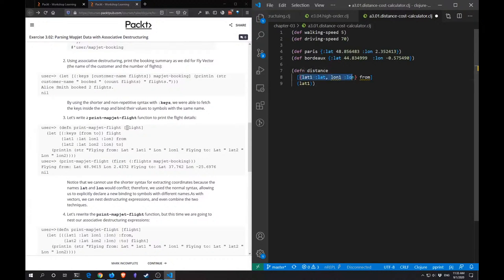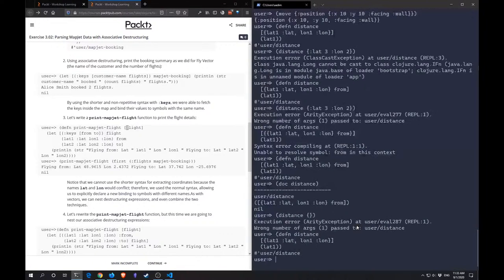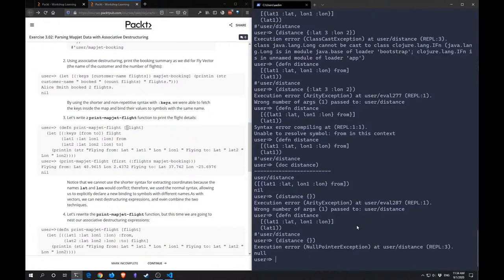Yeah, it's... how about now? What if we just... execution error, null pointer exception? Most probably this would work now. So if we have let 3 and ln 2,